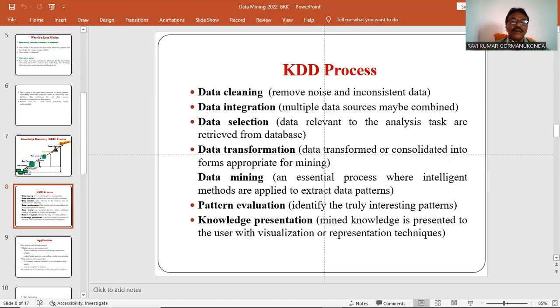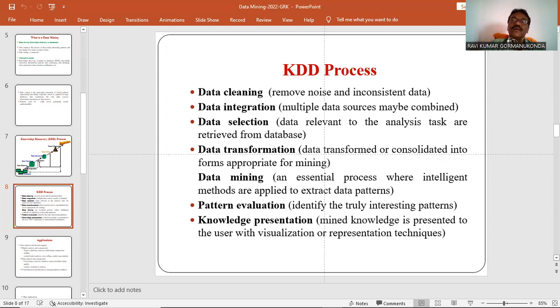These four steps are called data pre-processing. Data pre-processing means data cleaning, data integration, data selection, and data transformation. Before applying any data mining technique, you must first do the data pre-processing. That means integrating data from multiple sources, cleaning the data, selecting the relevant portion of data, then transforming it into summary information or a smaller representation in a uniform range. Next comes the data mining engine. So apply the data mining engine.